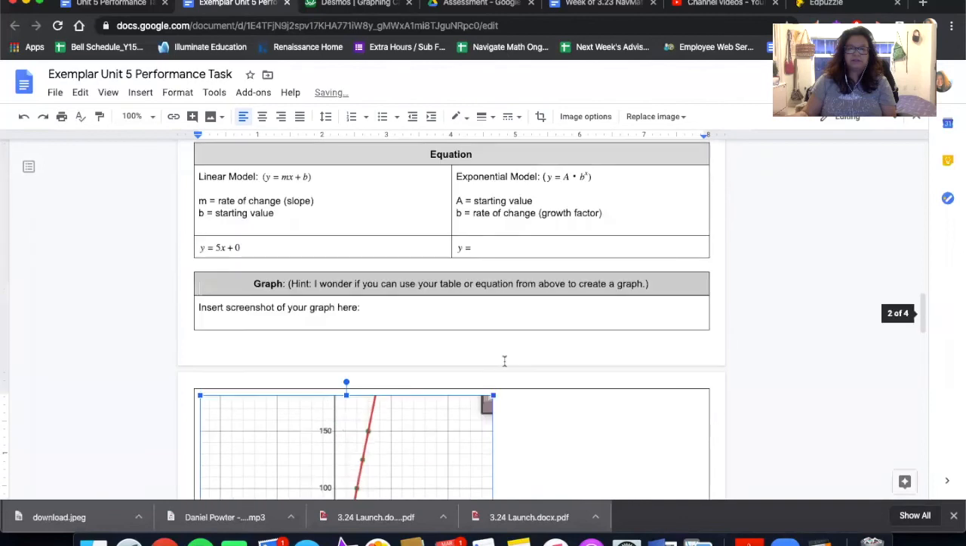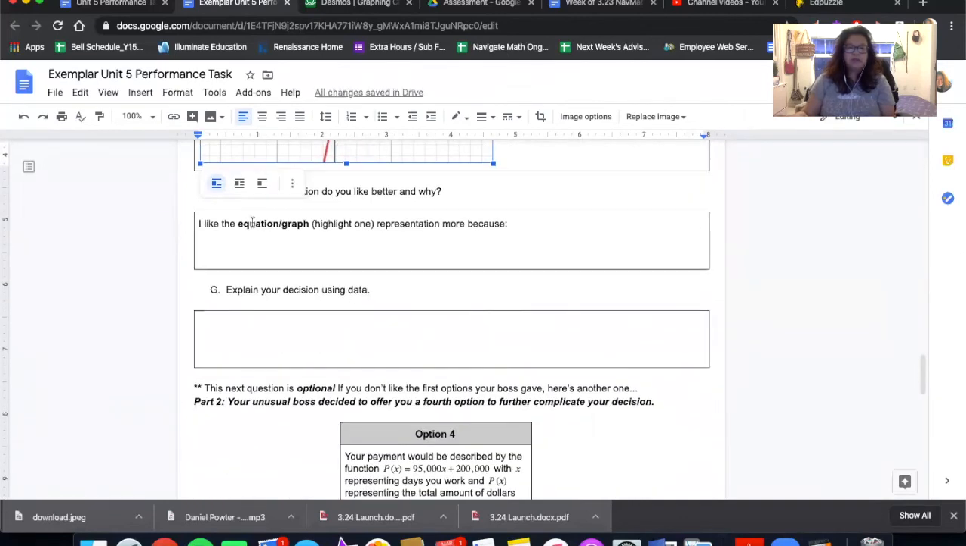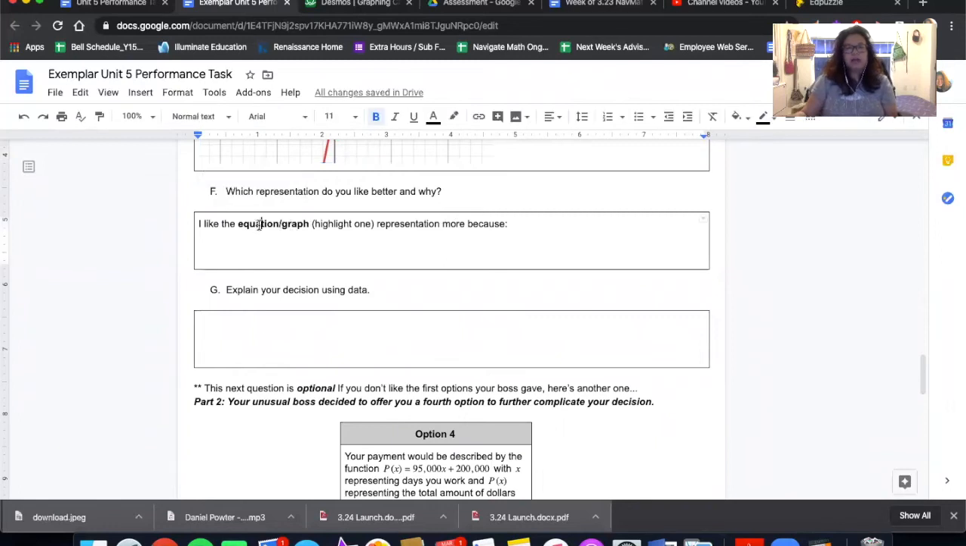Okay, next. I like the graph representation more, and I'm going to highlight that one because it was easier to see the growth. Okay, this is my reasoning. Explain your decision using data. So this means I'm going to explain